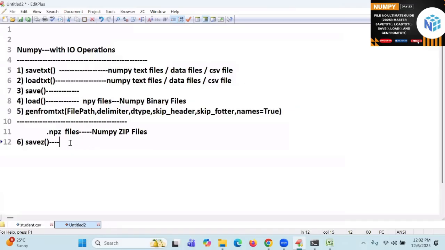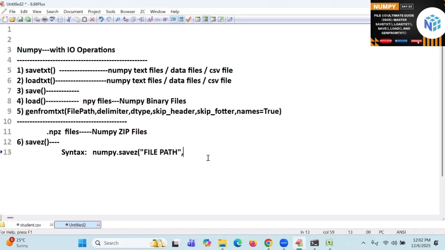Sir, how to use the savez function, sir? Now I am going to use it. Very, very simple, students. What is the syntax I am writing? Please look at that. NumPy dot savez of, I am going to write the file path. That is an absolute path. The file is created. No need to use W mode, AB mode, etc. It is automatically created.